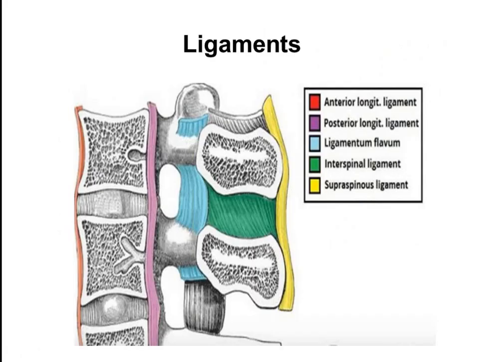What are the ligaments present in relation to the vertebra? This is the body of the vertebra. This is the section through the thoracic vertebral region, showing the body of the vertebra, and this is the spinous process. This is the region of the lamina of the vertebra. This is the sagittal section through the vertebral column. In this, you can appreciate certain ligaments.